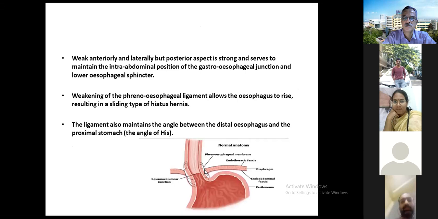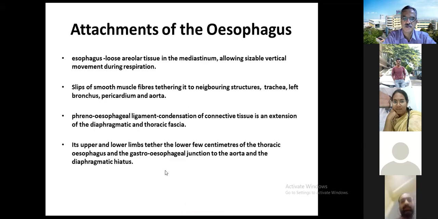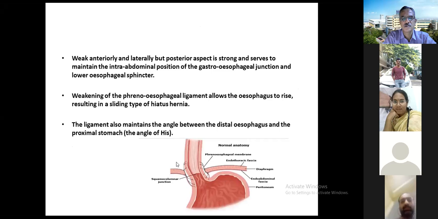It is formed by the condensation of the endothoracic fascia as well as the endo-abdominal fascia. So it is usually weak anteriorly as well as laterally, but this ligament is very important when it comes to the pathology of the hiatus hernia. The phrenicoesophageal membrane is very important